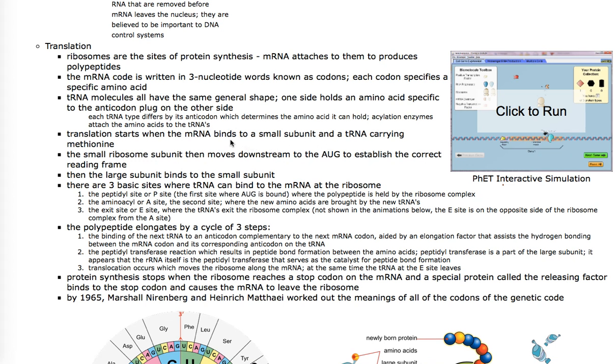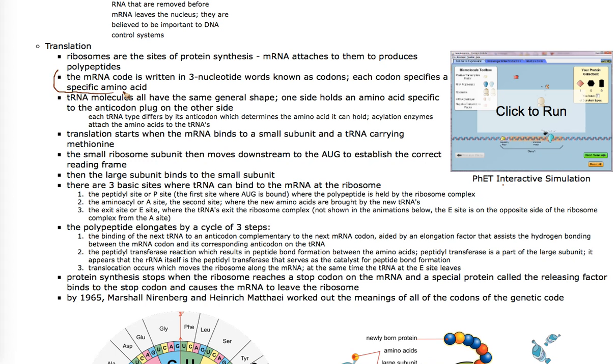And at that point, translation will start. The basic sequence of steps is the ribosome is actually made of 2 pieces. And the small piece will attach first, and then followed by some transfer RNAs, and then the large piece. Before I can go into that, though, I've got to explain how the code is actually spelled out in the